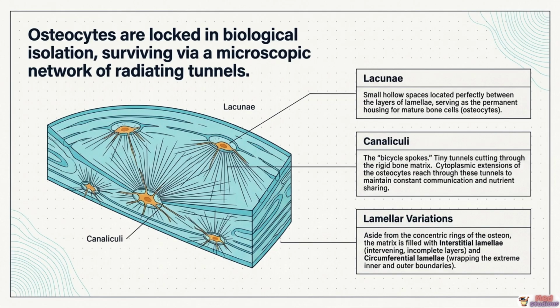This creates a vast intercellular communication and transport network spanning the entire thickness of compact bone. Through these canalicular connections, osteocytes receive nutrients and oxygen from the Haversian canal blood supply, exchange waste products, transmit mechanical signals, and release signaling molecules, including sclerostin, a key